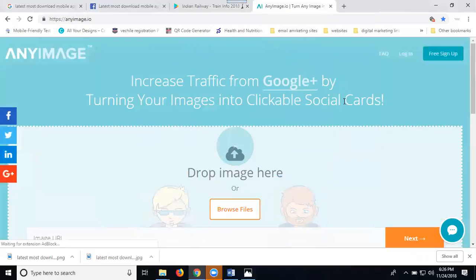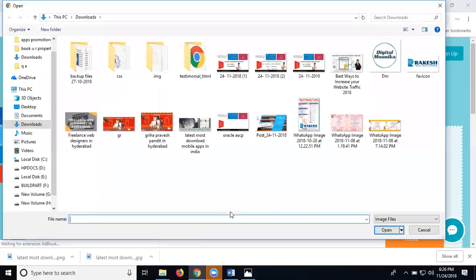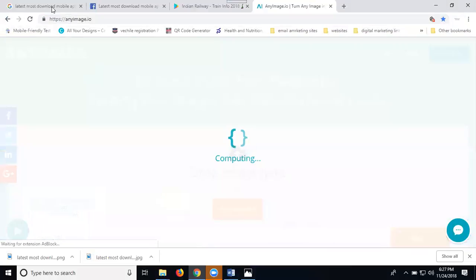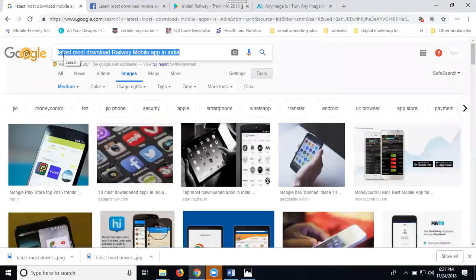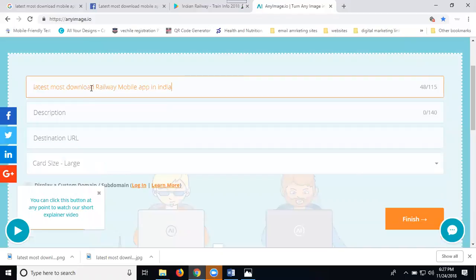First of all, select your image. For any social media posting, the image is your guru. The image is the first preference. Select your particular folder. Select your image. After that, write: latest, most downloaded railway mobile app in India. Just copy this one. After writing your title,